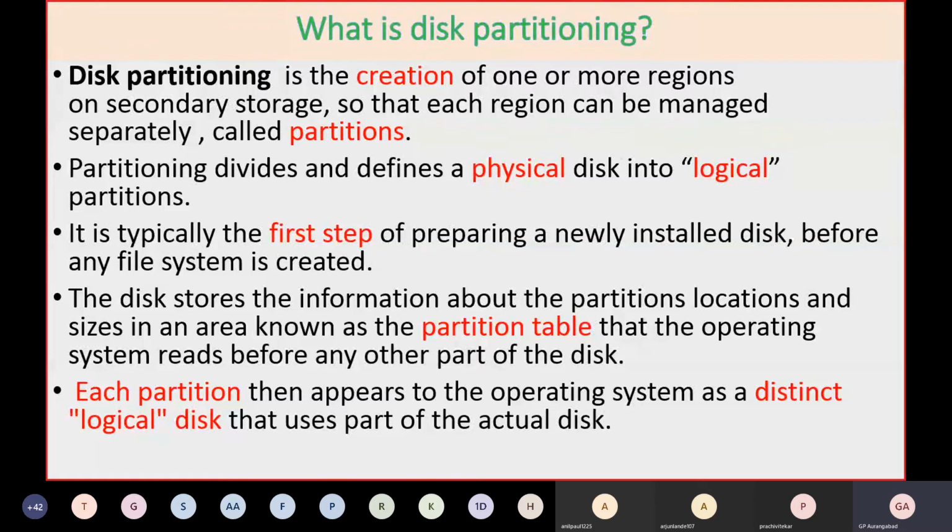Whenever you do a high level format, at that time this partition table information is automatically written onto your hard disk. Each partition appears to the operating system as a distinct logical disk that uses part of the actual disk.